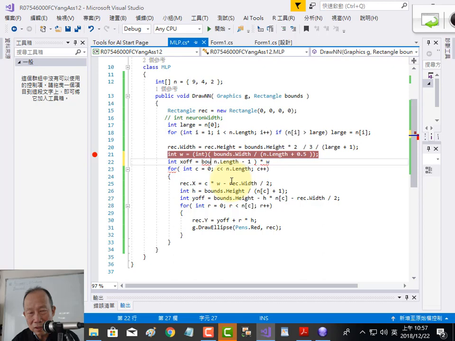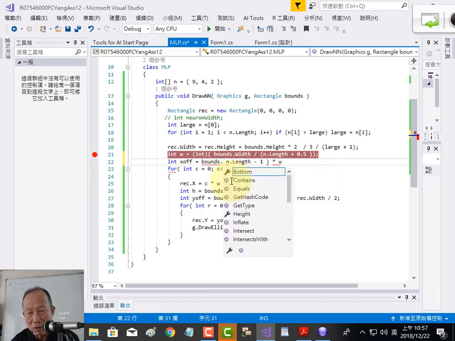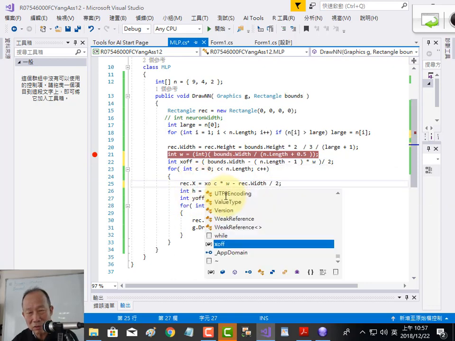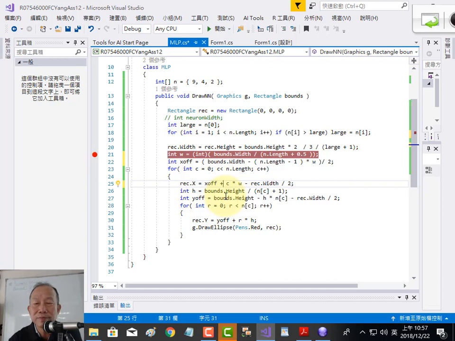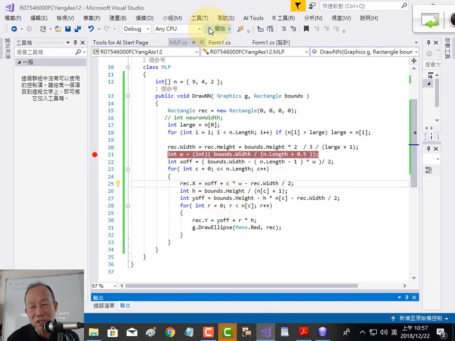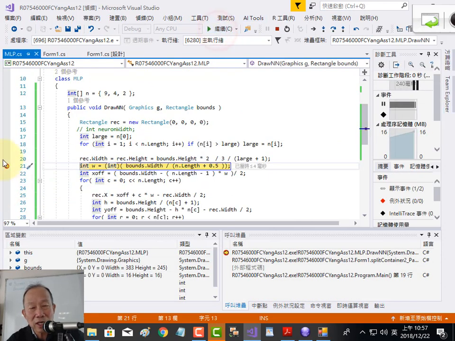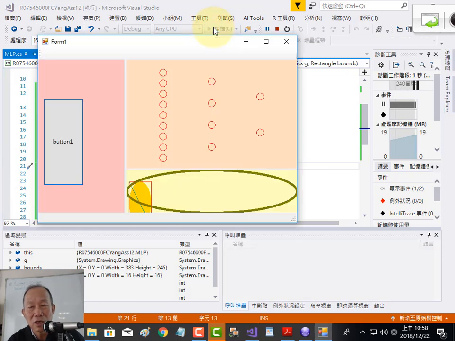Bounds width minus this guy times W divided by 2. Okay, so my rectangle x is here, x offset plus. Let me see, is it okay or not? So I don't need to debug it again. So width should be 16 again too. All right, so